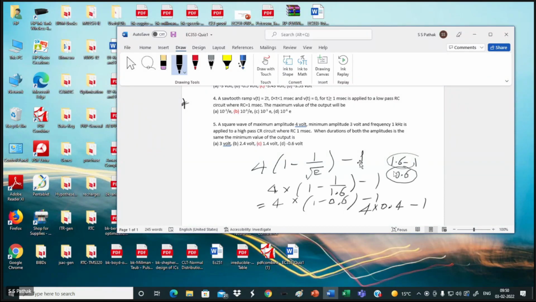Many of you will be making many mistakes. Somebody will put 2.4 itself. No, sir. Actually, I removed the minus sign. I included the minus sign and marked minus 0.6. No, that is wrong then. That is not the question. It is written that the answers are not the exact answers. Actually, I can't help them. Next time we'll be careful that way, because you must read the question carefully. Each and every statement is mentioned over there.